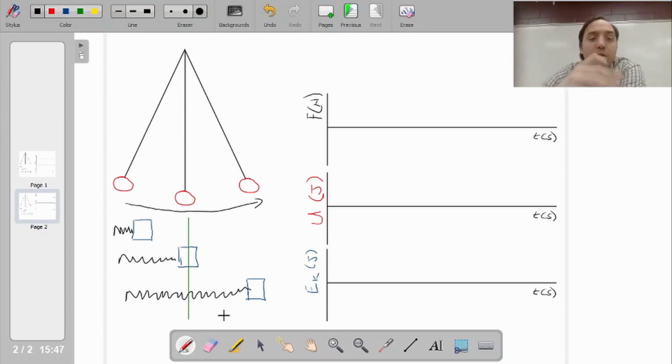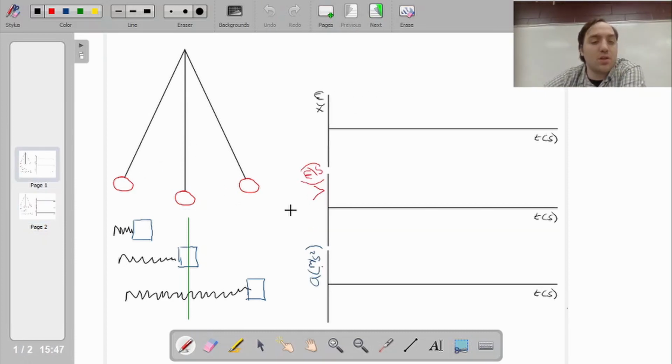We have equations for both of these, but what we're going to look at today is how the energy transfers between them and how the position, velocity, and acceleration change. We'll start with the position because we have a direct equation for that. The equation for position as stated on the AP exam sheet is x equals a cosine 2 pi f times t, where f is the frequency, a is the amplitude, cosine is cosine, and t